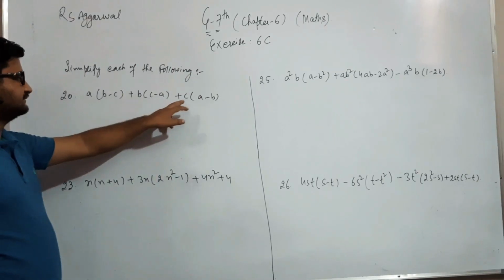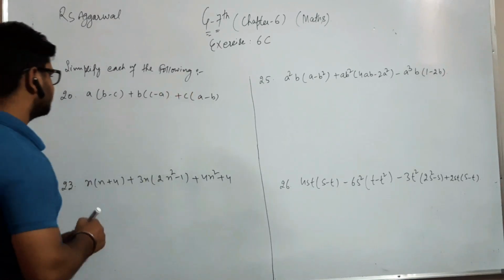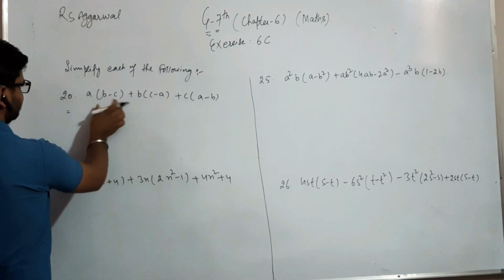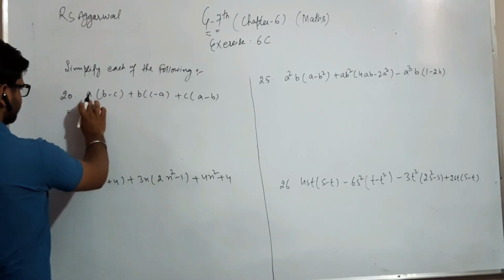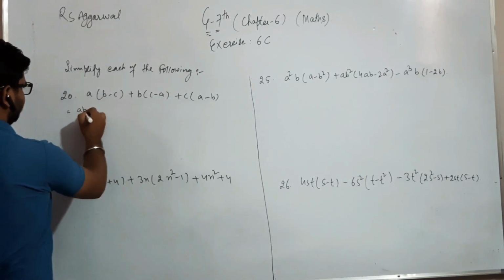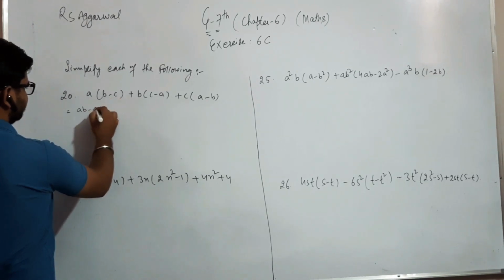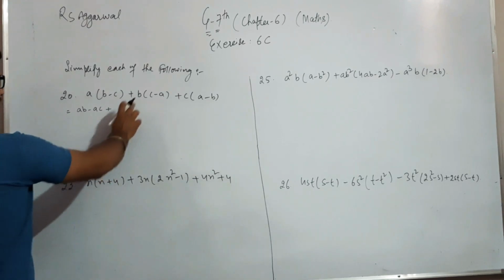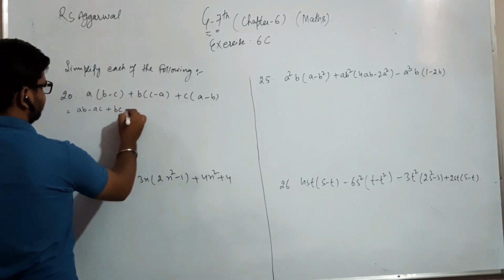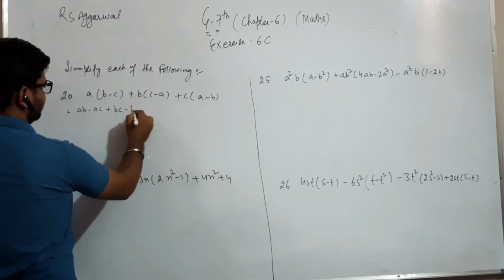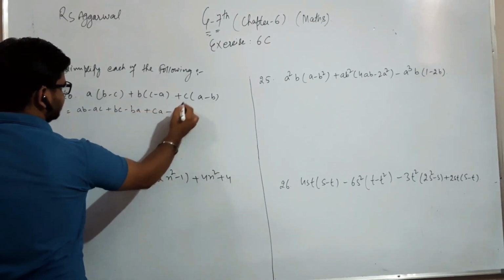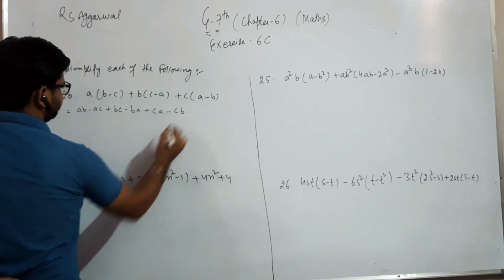a minus b plus c is multiplied with a minus b minus c. So first one by one we multiply this first with this. So a is multiplied with b, so it is ab, minus a is multiplied with c, it is ac. Then we take the plus sign, the next, then b multiplied with c, it is bc, minus b is multiplied with a, ba, plus c is multiplied with a, it is ca, minus c is multiplied with c, c squared.